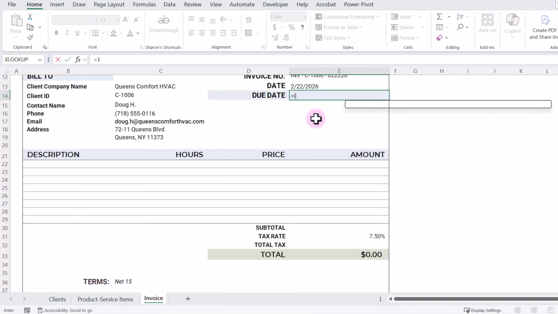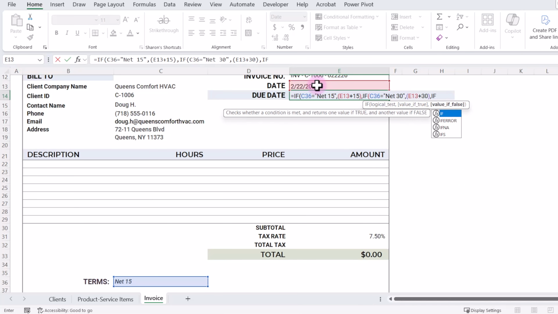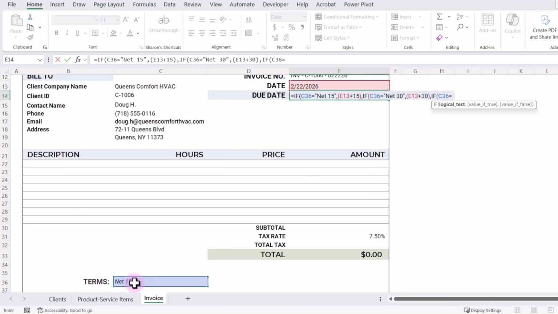So we're going to type equals IF, open parentheses, and we're going to say if this cell, which is C36, equals, and then I'm going to type open quotes, and I'll type net 15, which is one of the options, close quotes, comma, then I want that to return the date that's here in E13 plus 15 days, close parentheses, comma, but if, open parentheses, the logical test of C36 equals, open quotes, net 30, close quotes, comma, then we want to take today's date plus 30, close parentheses, comma, if, open parentheses, C36 equals, quotes, due on receipt,